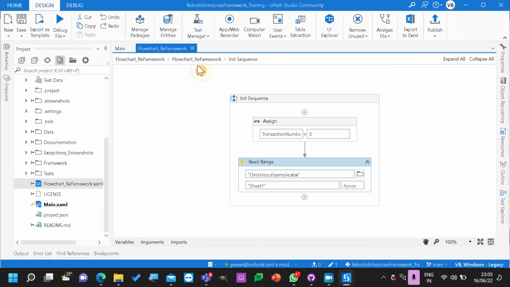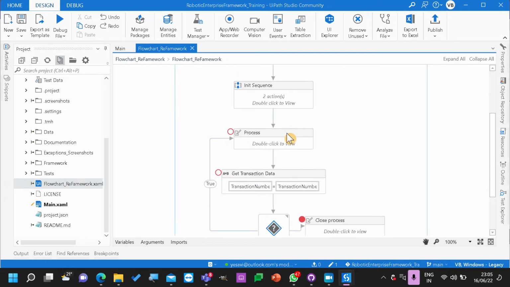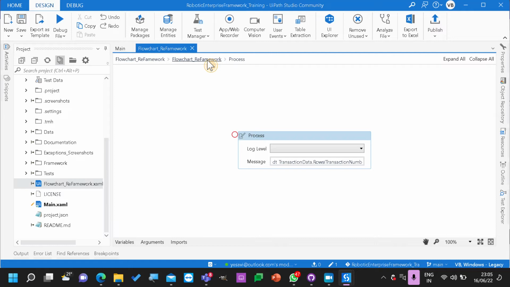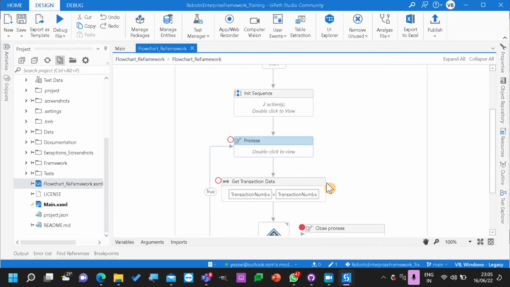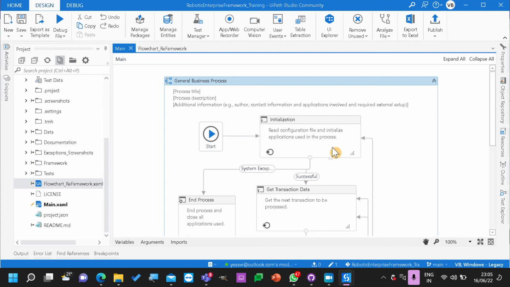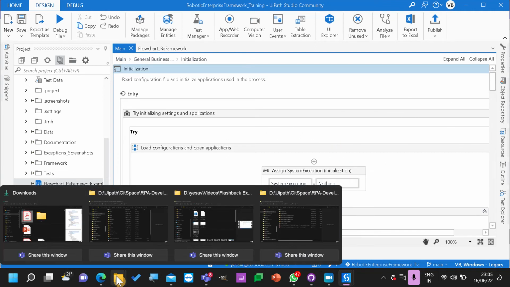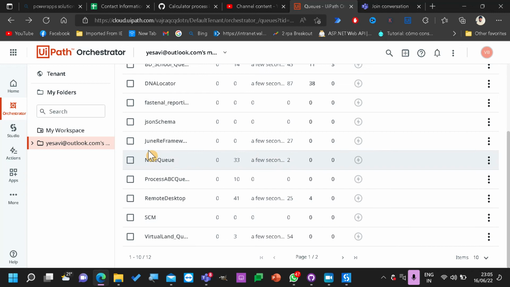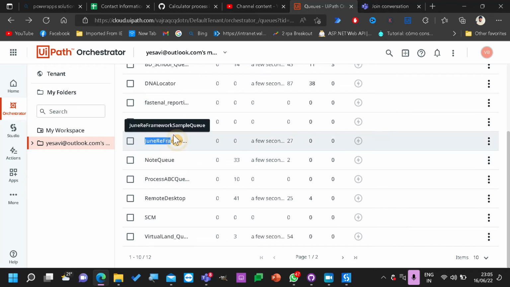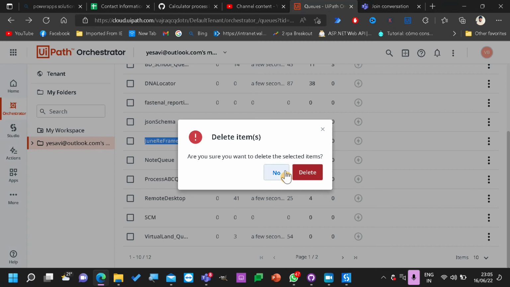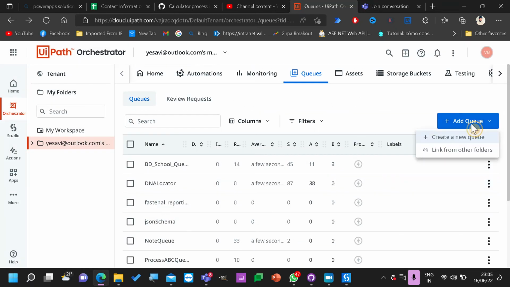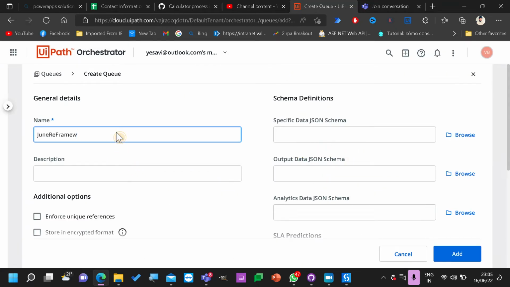So here I'm reading the range and processing the information. But if I need to add items to the orchestrator queue, what exactly am I doing? Let's delete this one. Jun REFramework code, Jun REFramework sample, copy, remove, yes, add queue. Sample queue.